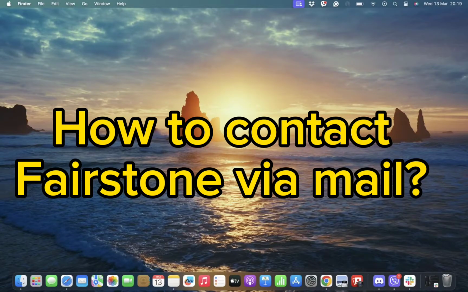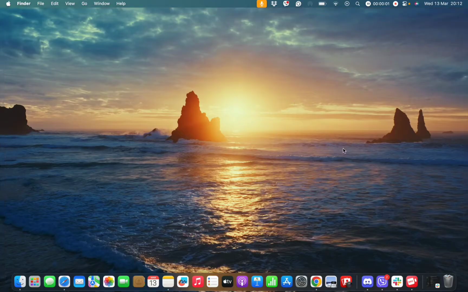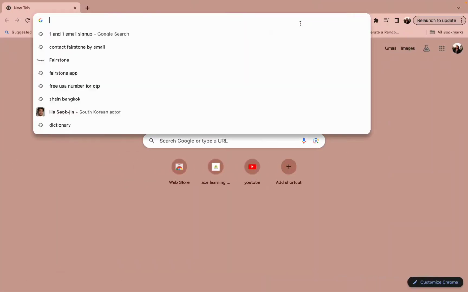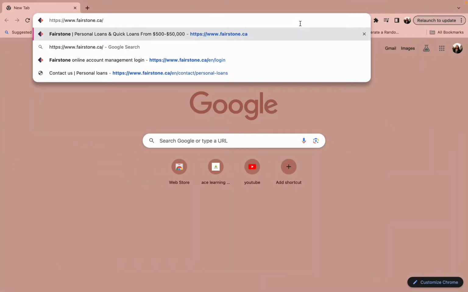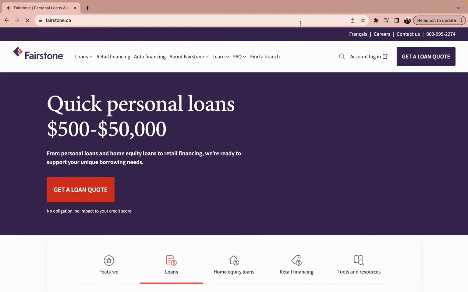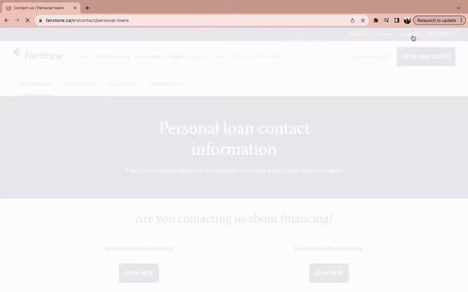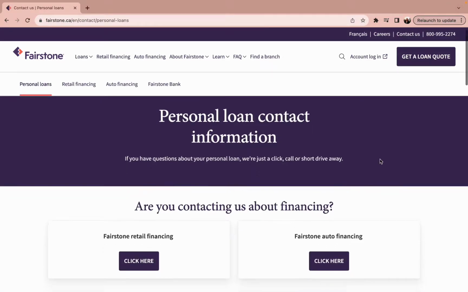So first and foremost, all you need to do is simply open a web browser of your preference and type in the URL www.fairstone.ca, which will lead you to this page. Now, all you need to do is simply tap on the Contact Us option and you will be redirected to